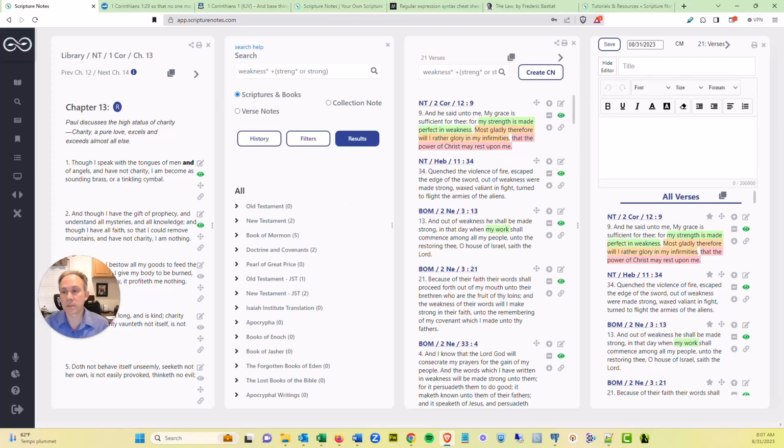So I'll just demonstrate real quick this collection note sharing feature. You'll notice at the top, there's no share link button icon. And that's because you have to save the collection note first. So I'm just going to call this Weaknesses from Strengths, or you could call it whatever you want. But I'm going to hit Save now. And you'll see I've now got the delete icon and I've got the share link.